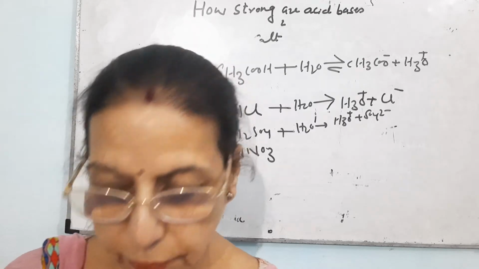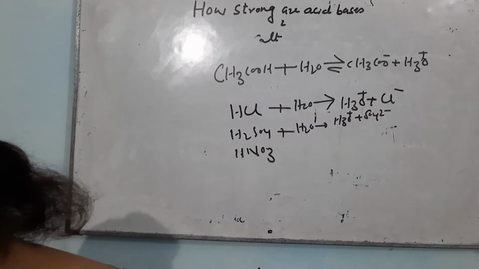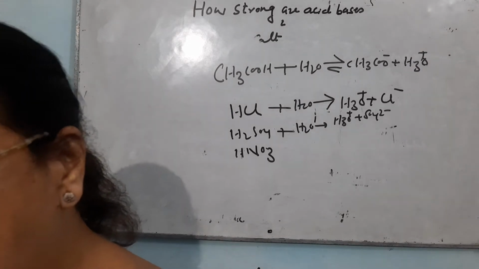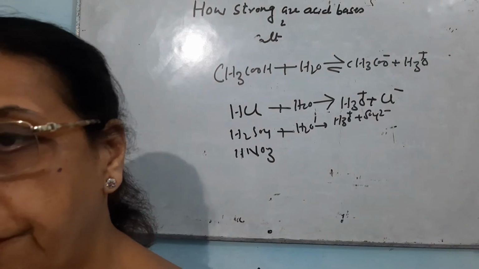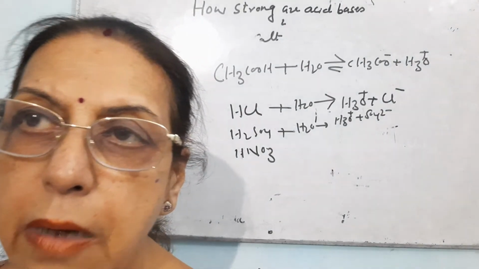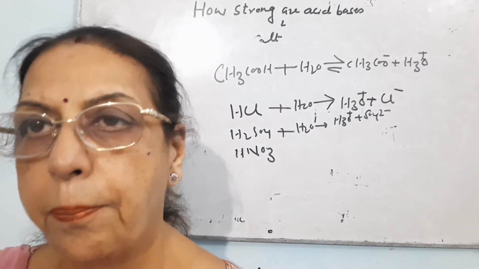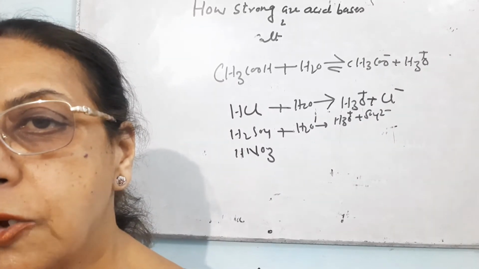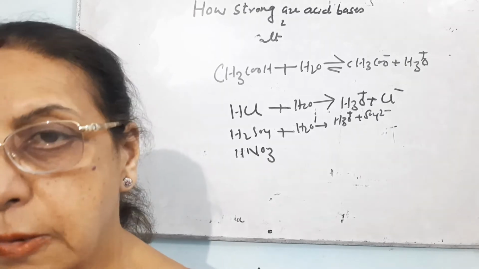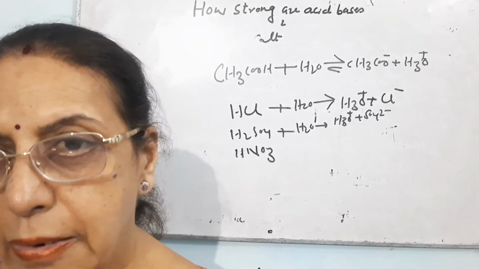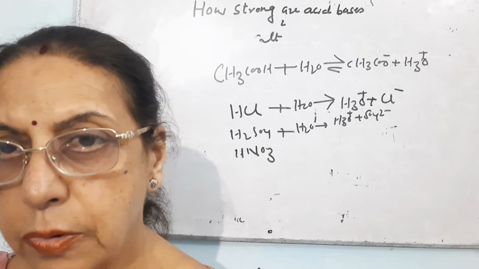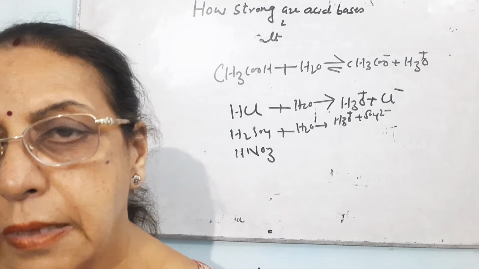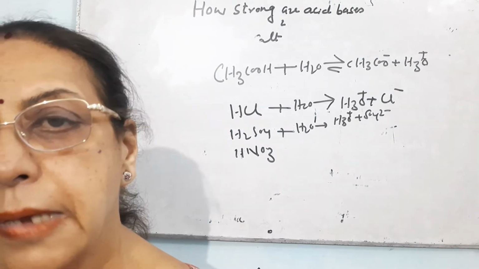Why is this pH very useful? First of all, all animals and plants are pH sensitive. I have just now told you that pH is important for the human body. The pH should be measured while using cosmetics, medicines, and shampoos. If the pH of rainwater is less than 5.5, it becomes acidic rain.